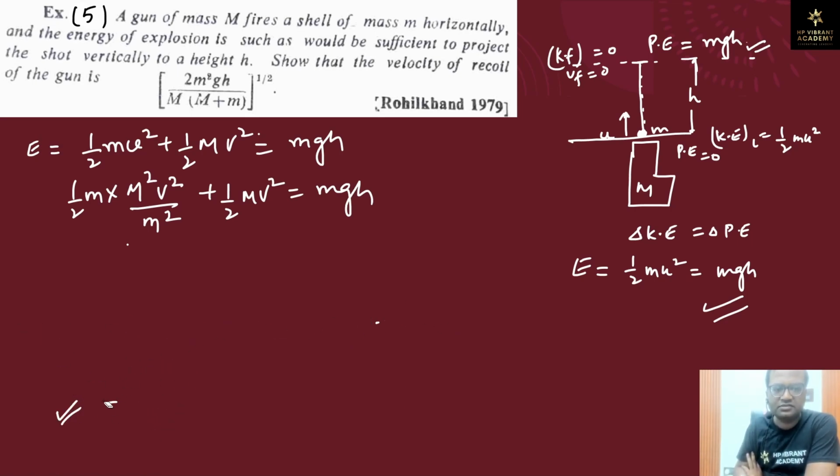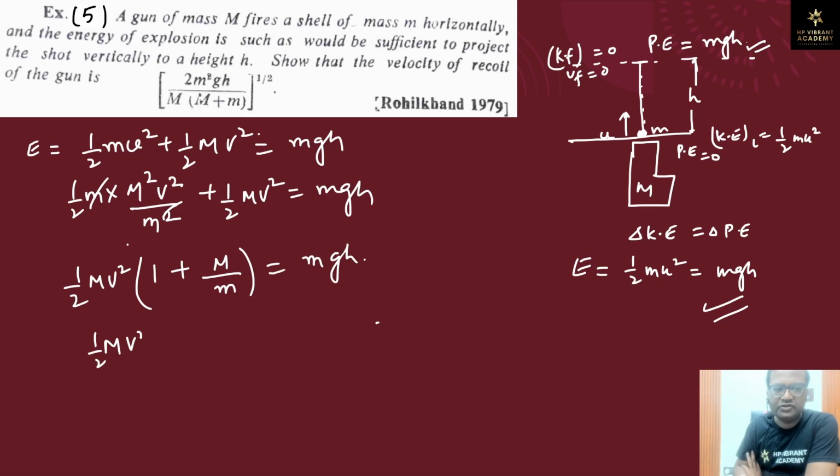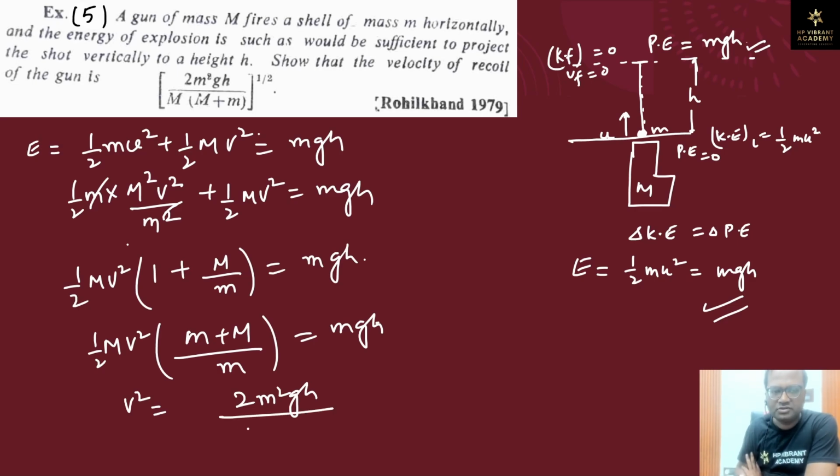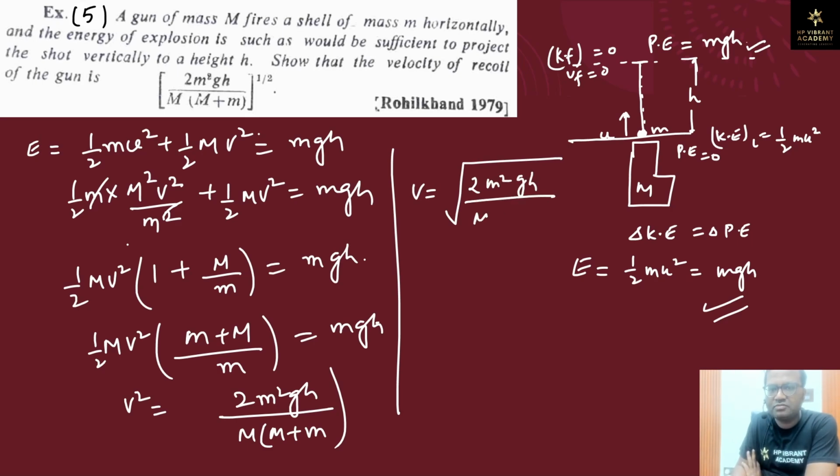Let us further simplify this. So this gets cancelled, and we have half MV square into 1 plus capital M by small m is equal to small mgh. So we have half MV square into small m plus capital M upon small m is equal to mgh. From here V square is equal to 2m square gh upon capital M into capital M plus small m. So we have capital V is equal to root under 2m square gh upon small m into capital M plus small m. This is the velocity of recoil